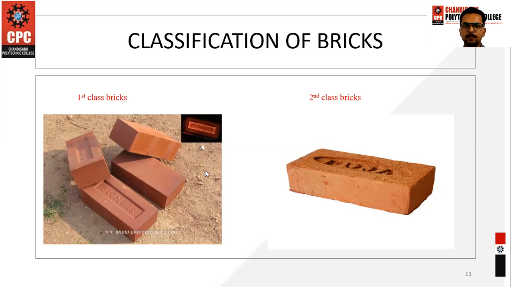Secondly, we have a second class brick, which you can see in the diagram. It is totally distorted, and certain flaws, lumps, and holes are there. The shape is not properly formed, and you will see some irregularities. These are normally used in our houses and buildings. Those are second class bricks because they are hand molded, और ये इंटरमीडिएट किलन में बर्न होती हैं.